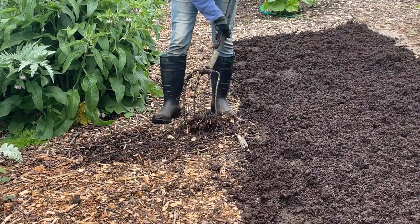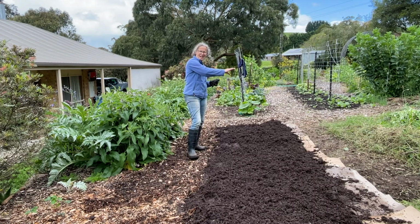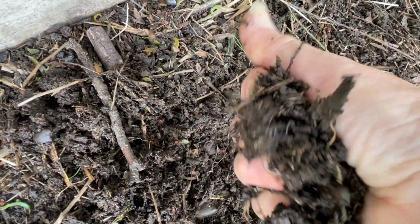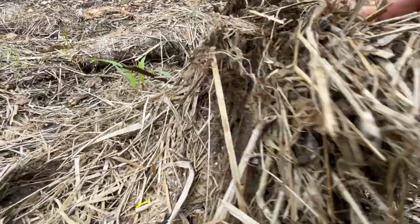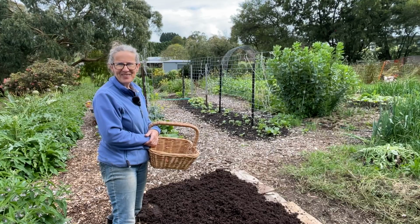Well, there's a great start on my sweet potato bed. I will be topping up the wood chips on this path when I finish off the other path, once I've got some more cardboard. And I'm also going to be adding some of my homemade compost to the top of this, adding layers of grass clippings when I mow, and also some duck bedding, so that I can get a really thick compost layer, so that down the track I can just harvest potatoes out of all that organic material and leave the soil undisturbed. Okay, now that we've got that bed done, let's